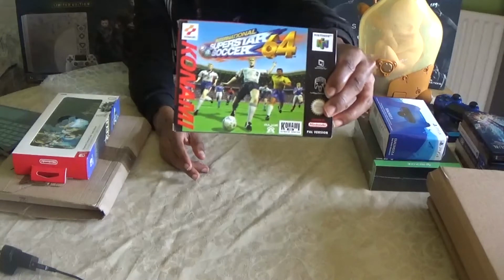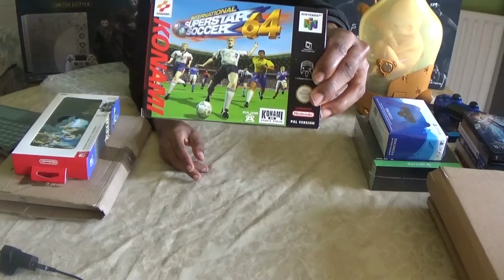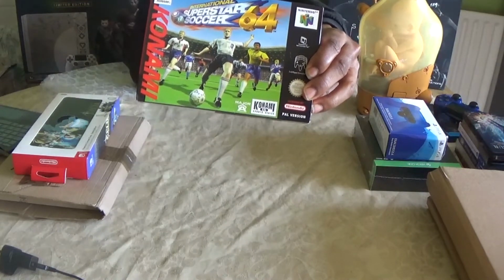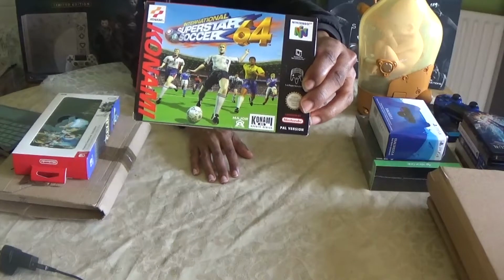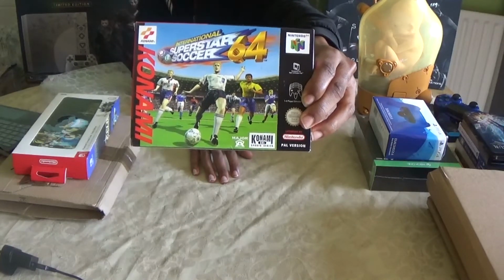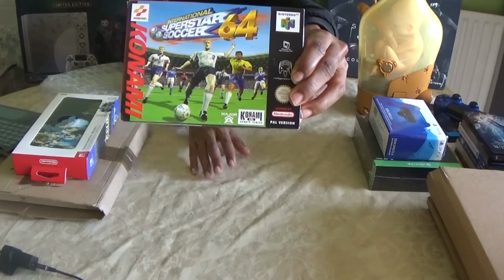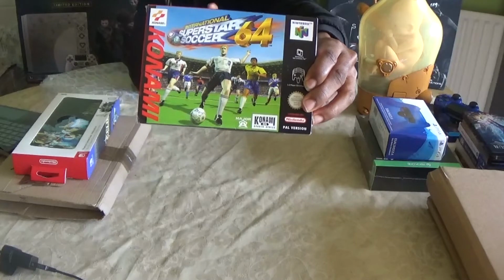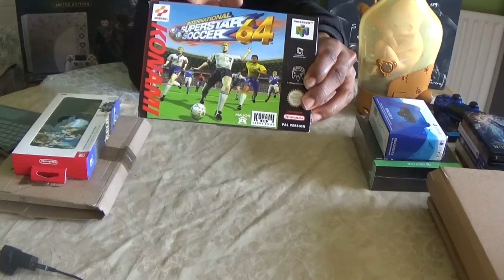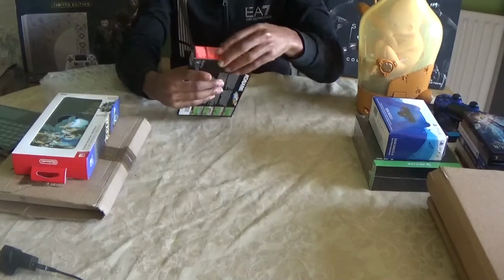Like this one, ISS. This was groundbreaking in the 90s, and I had some epic battles with my family and friends with this franchise here, made by Konami, the great Konami. And this particular one was my first ever ISS game I ever bought, and it didn't disappoint. As we open it,